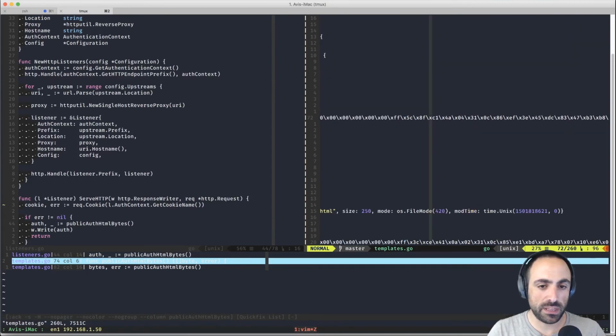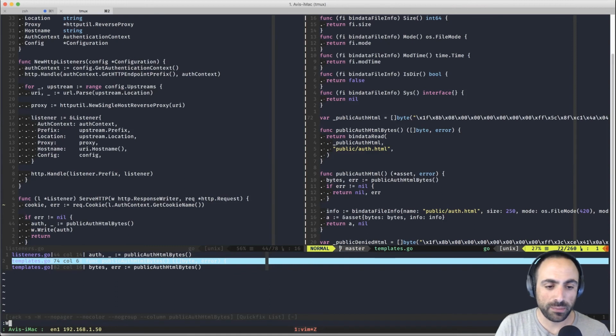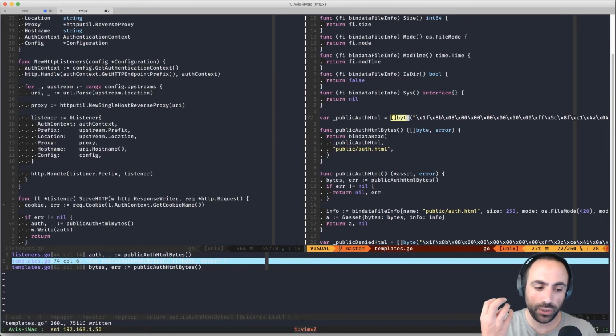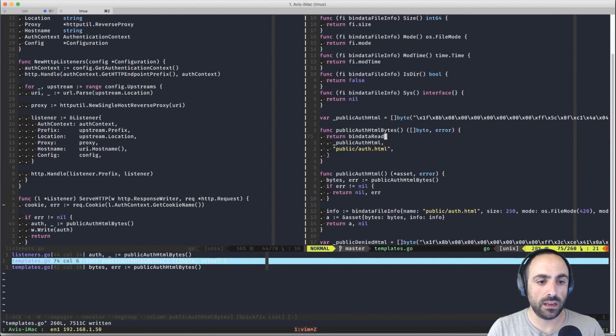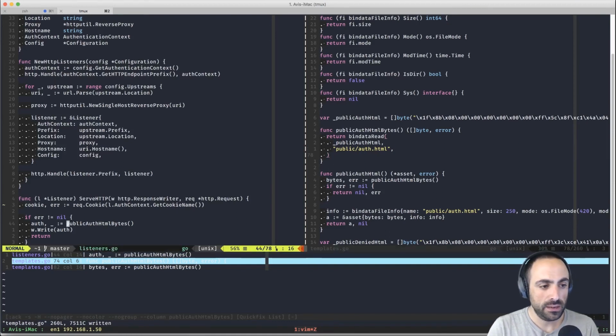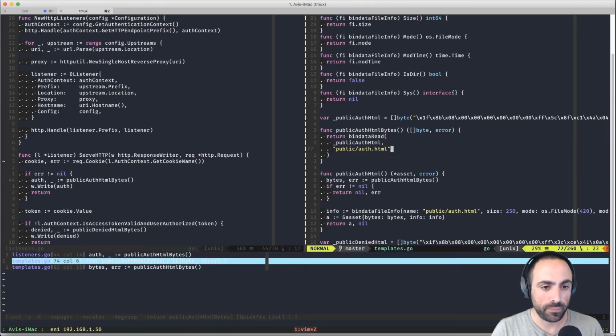Now, this is not something that I coded. This is something that comes in with Golang, and you can basically compile HTML files, CSS files, JavaScript files into their bytecode. And then you basically return those bytes. So when you compile your package, it actually carries with it the static HTML file. And this is super important in Golang.